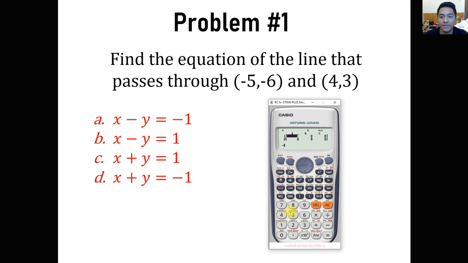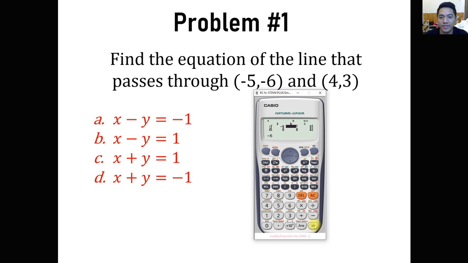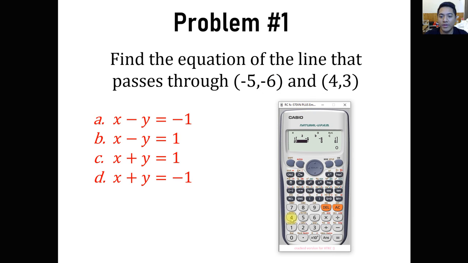So let's say we have -5, and then we have -6, okay, for the points. And then for the constant, I'll be putting 1. Okay, we will always be putting 1, at least for this video. And then for the second, we have points 4 and 3. Okay, and then I'll be putting 1 here. So in that way, if we are going to solve this type of equation, what we are going to find is what? Okay, if we do the equal sign, we'll be having x equals 1. On the choices, all of the x's are 1.